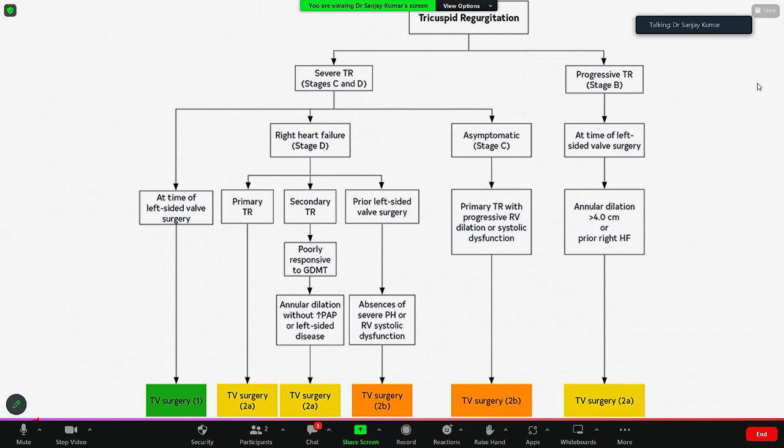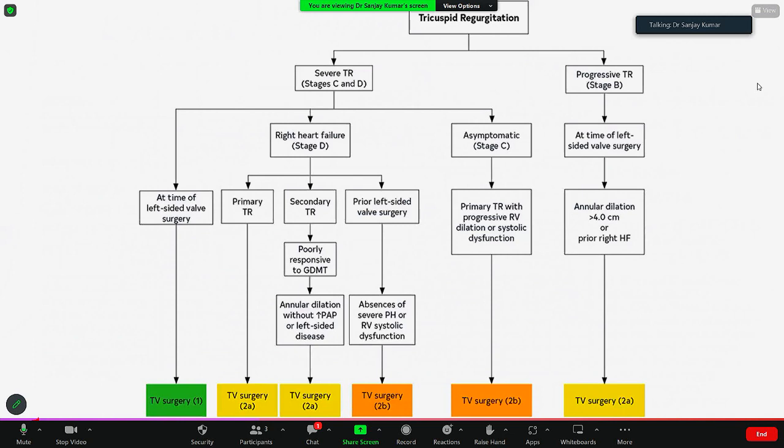Rigid rings or 3D rings are a costly affair, and they don't seem to be any superior compared to the flexible band. So the majority of the time we do tricuspid valve annuloplasty using the flexible band. So at the time of left surgery, if you have any severe TR, you must subject this patient to this procedure. If it is left untreated, the patient comes back with TR later on, which the majority of them always do,